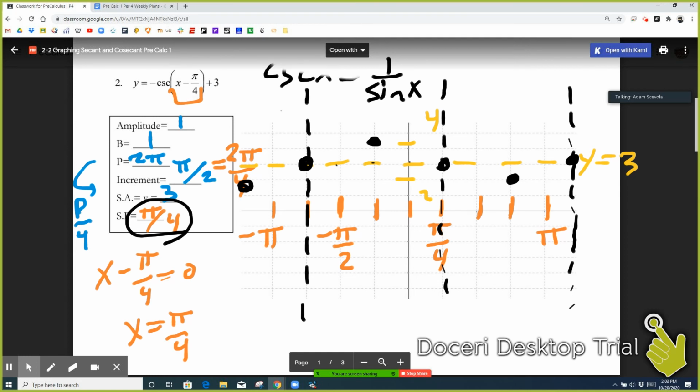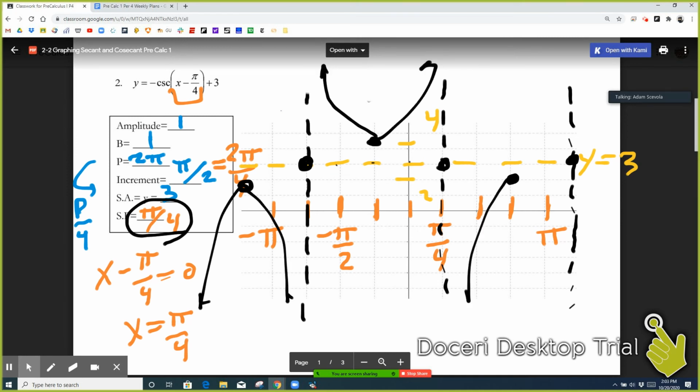Then, wherever there's a maximum, we're going to draw an upward facing parabola. And wherever there's a minimum, we're going to draw a downward facing parabola. And that right there is about 1.5 periods of cosecant. And if you needed help graphing sine, well, let's quickly, since we have everything set up,